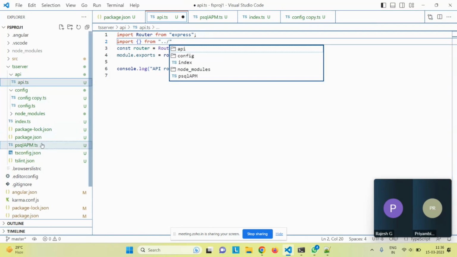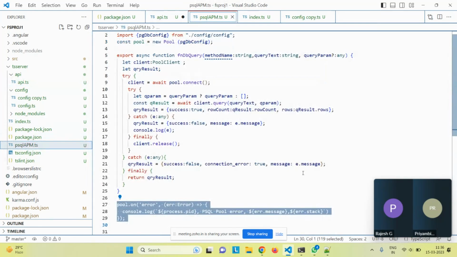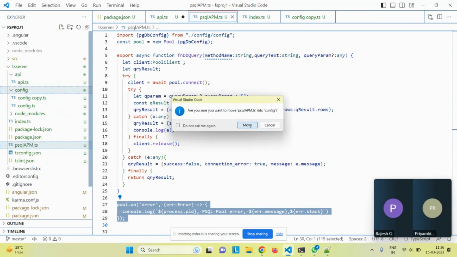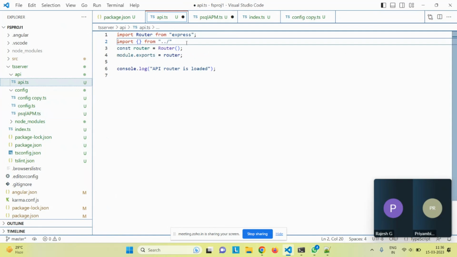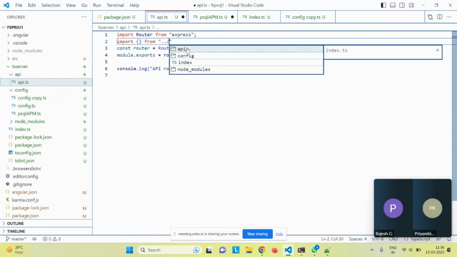That also I'll move, because I don't want to keep anything in there. I just move this underneath config, because it is all part of the reusable candidates. So I will make it part of the config file, so that there is no ambiguity there. All reusable candidates I am keeping as part of the config, so slash slash. So now, inside config,